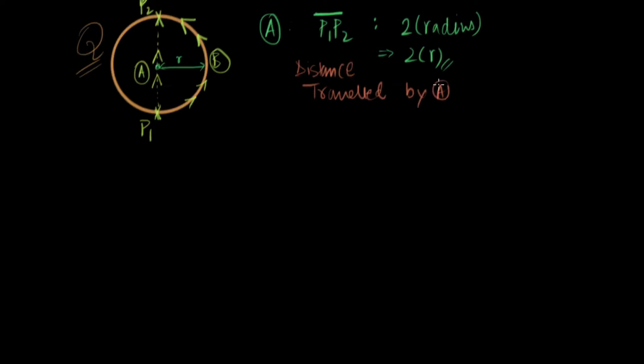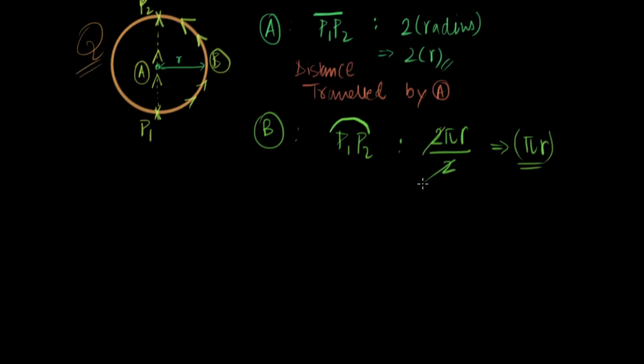by person A. For person B, if you look at person B's movement, person B goes from P1 to P2 across a circular path. And the distance between P1 and P2 across the circumference of the ice ring is half of the circumference. So the total circumference of the circle is 2 pi r, divided by 2, and that gives you pi r. That's the distance traveled